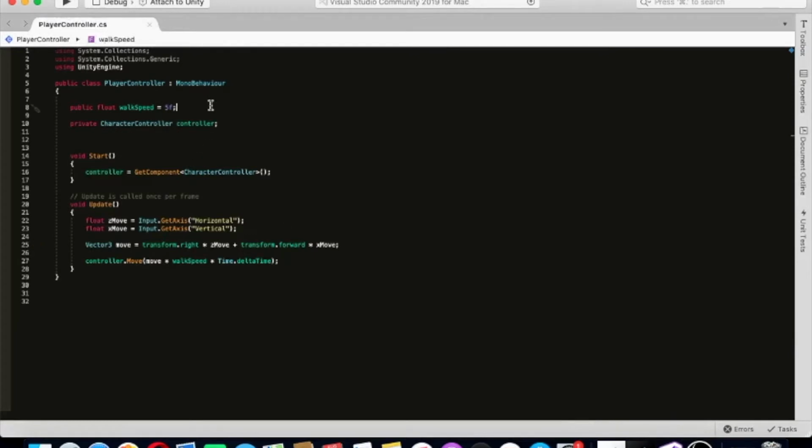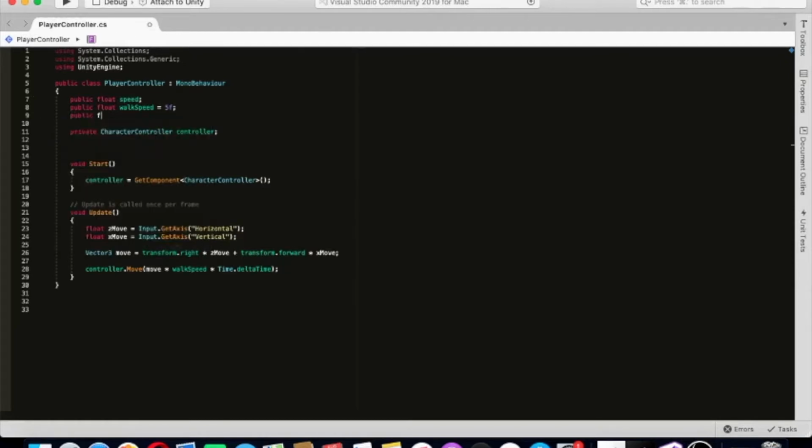variables here. The first one will be public float speed. Speed is going to depend on our player. If a player is walking, then our speed is equal to our walk speed, and if a player is running, then our speed is equal to our run speed. So yeah, let's create a public float called run speed, which is 10. It seems that we have missed a